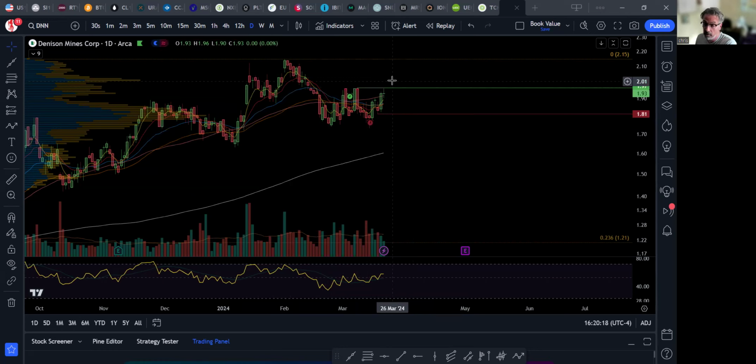Also, there are people who play it that way as well. That's probably how I would do it personally, because I think it just defines your risk really nicely. But you just got to be aware of the failed breakout to the topside. It comes back and tests that. But you can keep your stop pretty tight, I would have thought, if you're playing for that breakout,